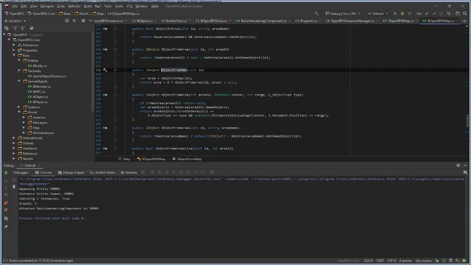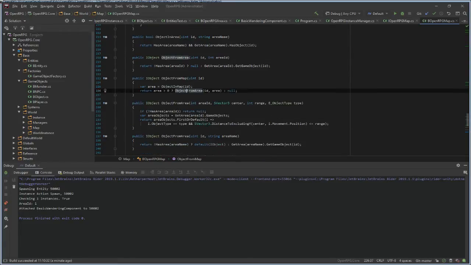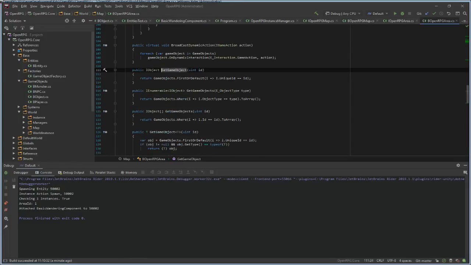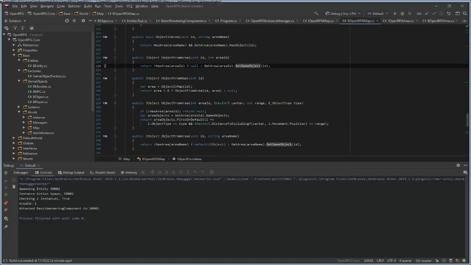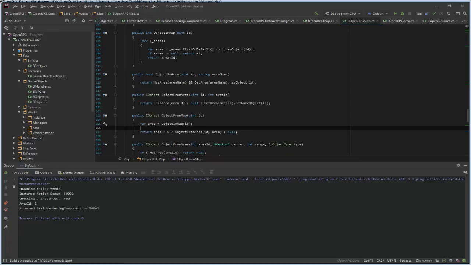Object from area, object in map. Okay. Then object from area, get game object, unique ID. This is weird. Object from map, getting object from area.